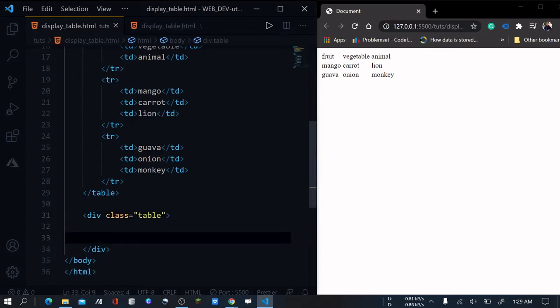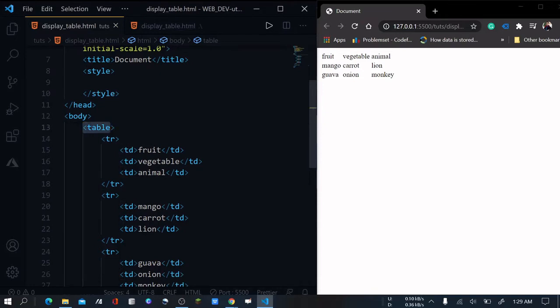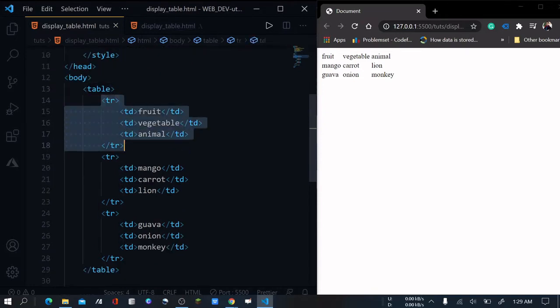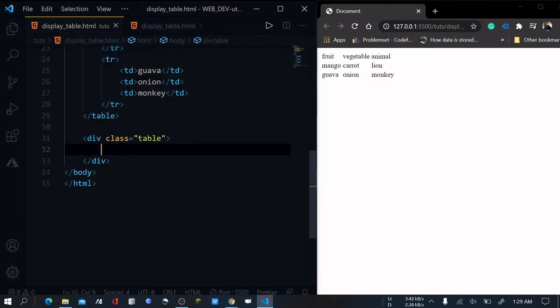This division will actually represent this table. Now I will create three rows inside this division. Corresponding to three rows, I will create three more divisions inside this division.